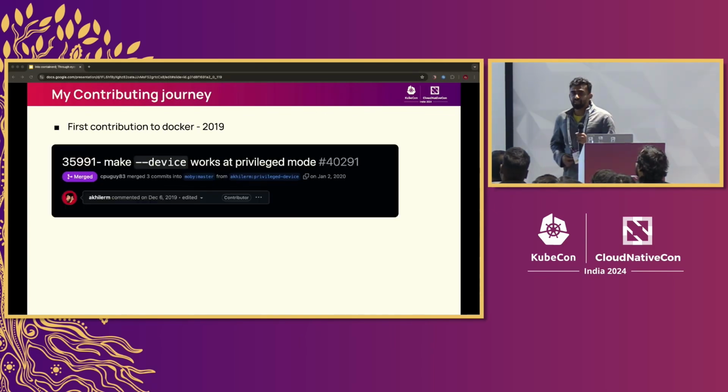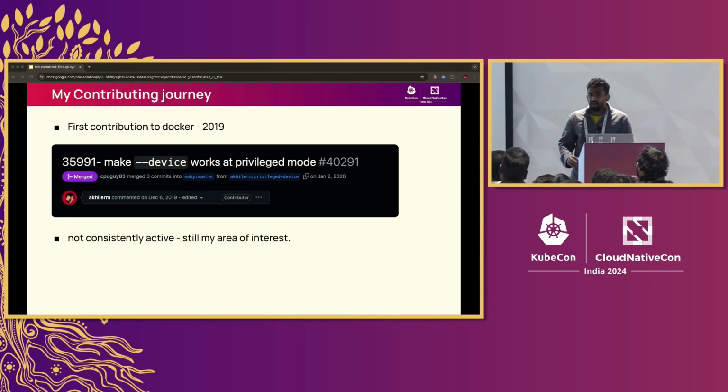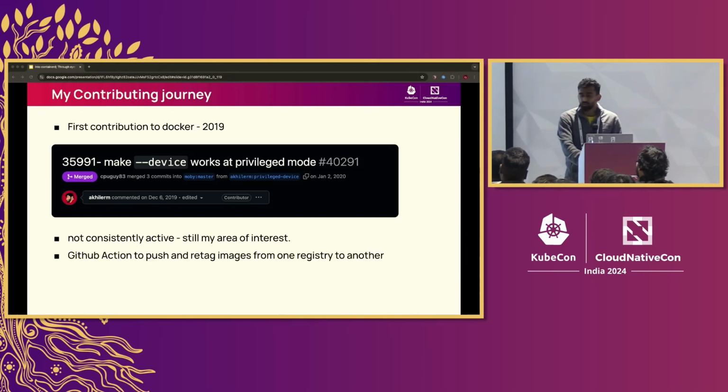So my first contribution to this landscape was to Docker in 2019. That was part of my day job, where I had to do some work related to containers. It was not directly related to containerd, but to Docker, and we needed support for some privileged devices. That was my first change that actually got me into the CNCF landscape. After that, I was not that active, but I was still using containerd and Docker under the hood. And then around the 2021 timeframe, again as part of my day job, I had to